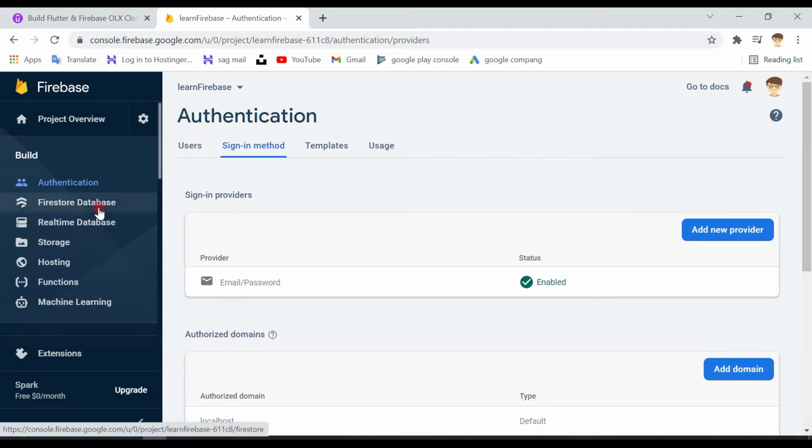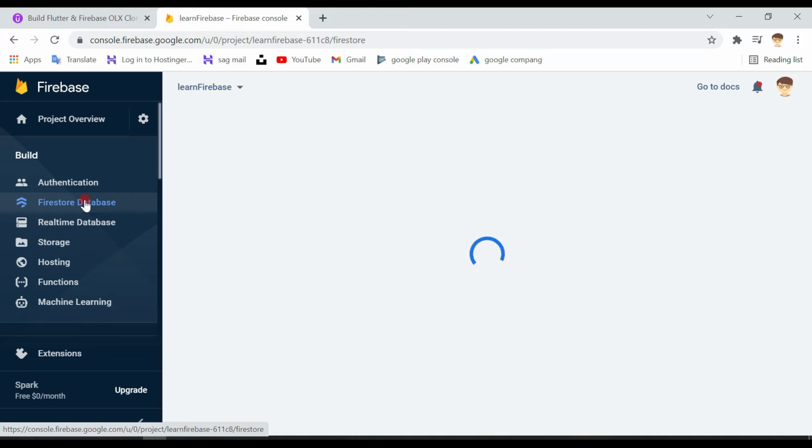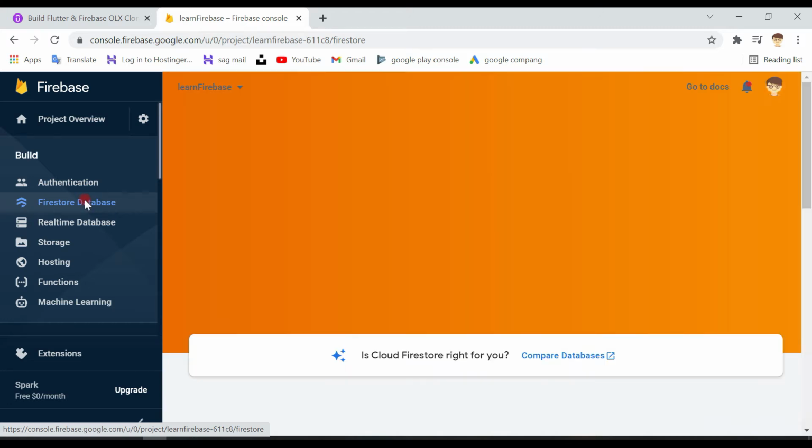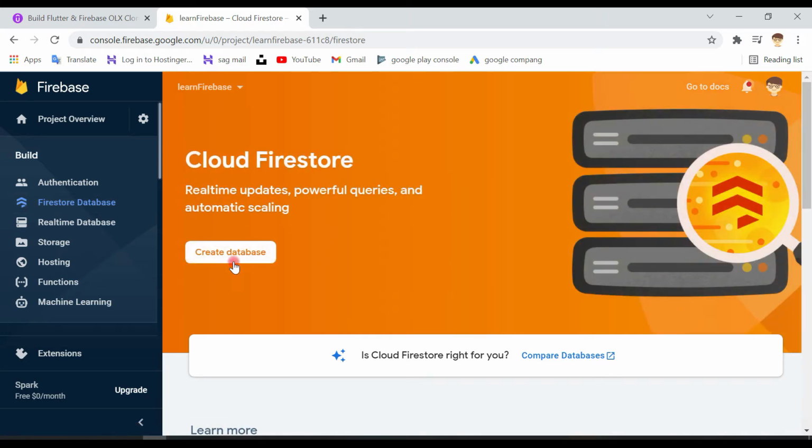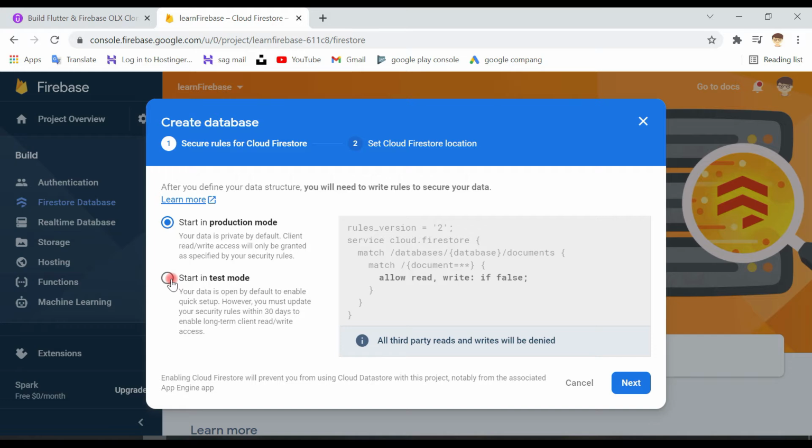Now click on this Firebase database here, and now create database. Click here and start in test mode.